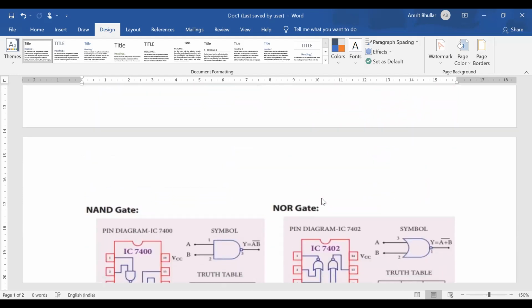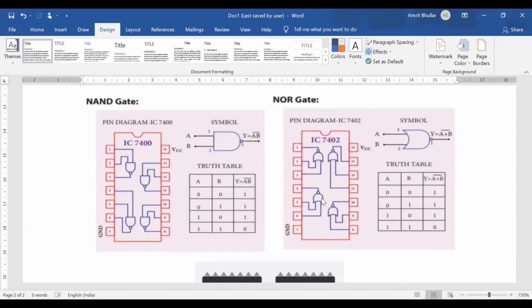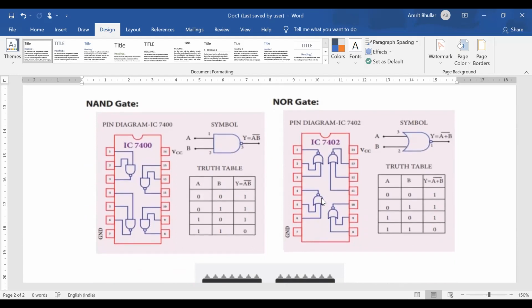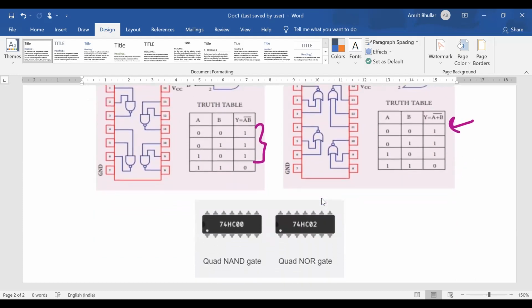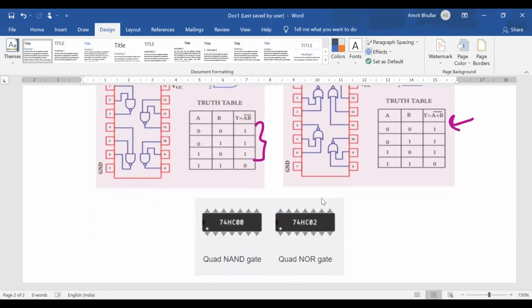Then we come to our last important gates, and those are the NAND and NOR gates. They are again quads. What we get here is the opposite of the AND gate. The AND gate gives a high output only when both inputs are high, but here the case is opposite, because it is the complement of what we get from the AND gate. And similarly for our OR gate. So you can find these ICs as quad packs in our Tinkercad.